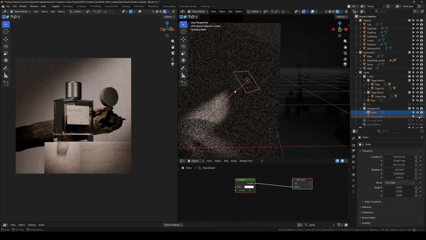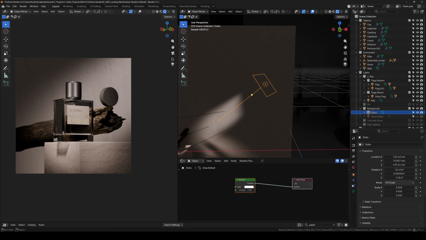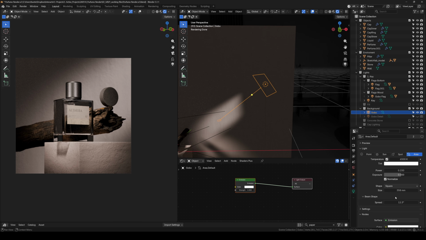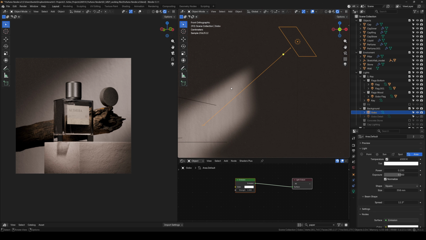And so I'll turn them off. So we've got one light here. This is my main gobo light with quite a sharp spread of 12 degrees. So that's making the light very, very direct here. Making the light very sharp, very direct. And the power is, I reduced the power quite a bit just so that it would show a lot of the detail in the texture behind. We don't want this blown out. We don't want the background to be the main object, but we want it to set these front objects apart. So then the second gobo,